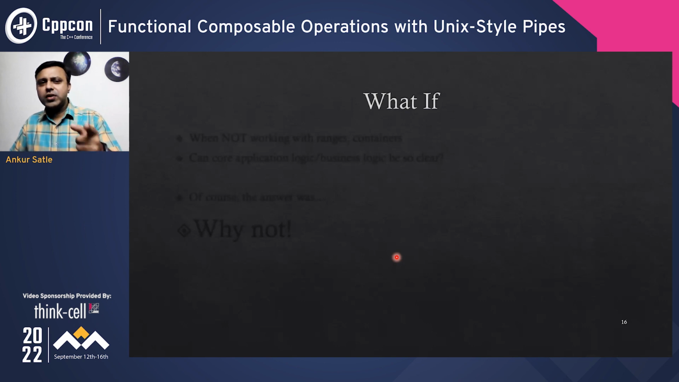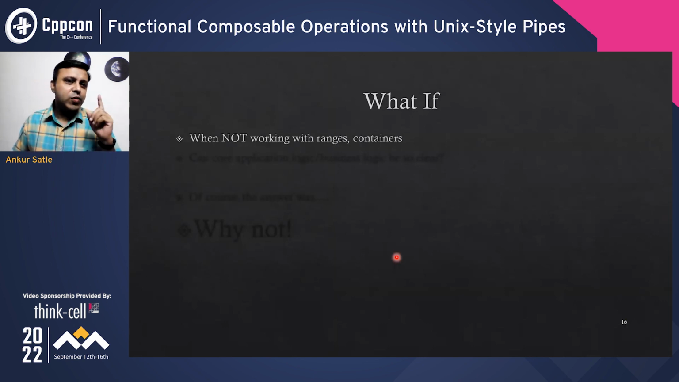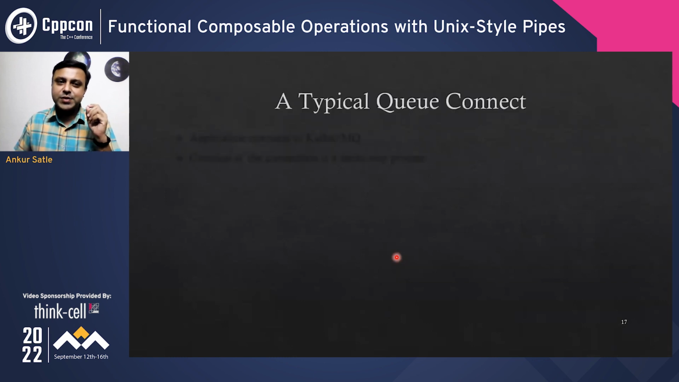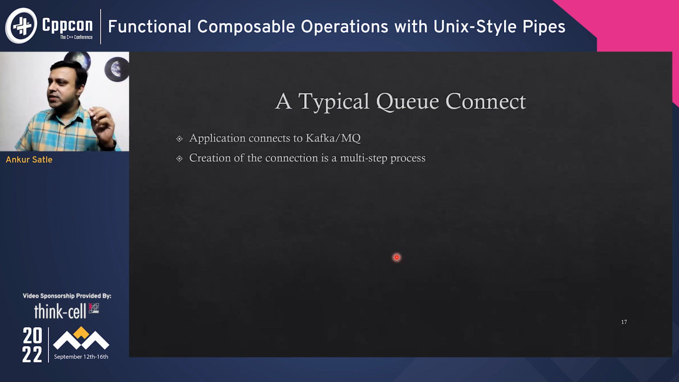But we are talking not ranges, but single messages and business context and domain objects here. Really? So when you're not working with ranges, would we be able to work with a pipeline? And of course, the answer from me is yes, and why not? Let's make it happen. Let's just consider a simple scenario of a queue connect. This is a real example